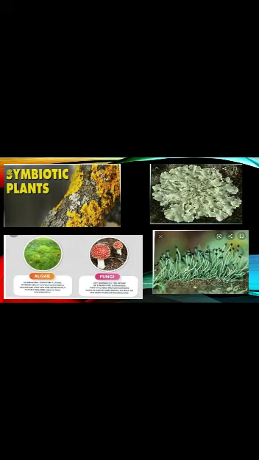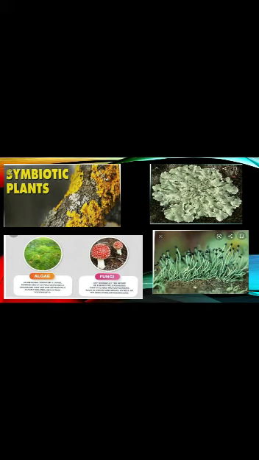Now, say students, lightning, that is thunderbolts, occur in the rainy seasons. This causes atmospheric nitrogen and oxygen to react with each other to form nitric oxide, which is again oxidized to form nitrogen dioxide. The nitrogen dioxide dissolves in water and is converted into nitric acid, which gets added to the soil along with the rainwater, and then plants use this nitrogen also for their growth.